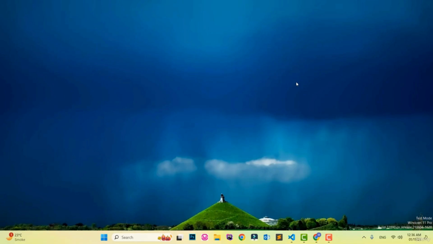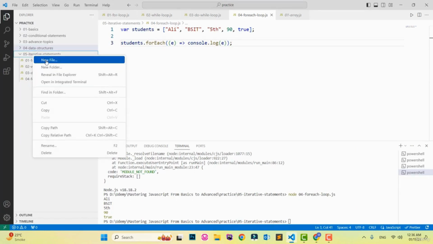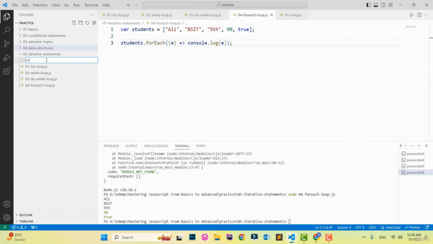Hello and welcome back. Yes, we still have two more types of loops, which are the for of and for in loops. So let's create another file with the name of 05-for-of-loop.js,